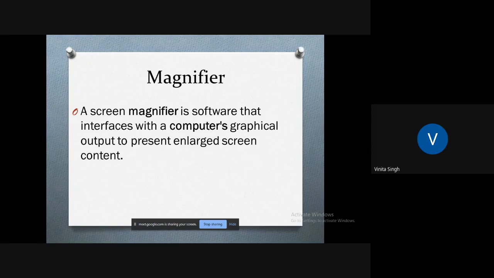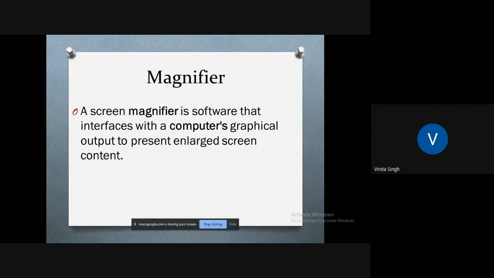A screen magnifier is a software that interfaces with computers' graphical output to present enlarged screen content. It may happen that sometimes you're not able to read what is written on the desktop screen.